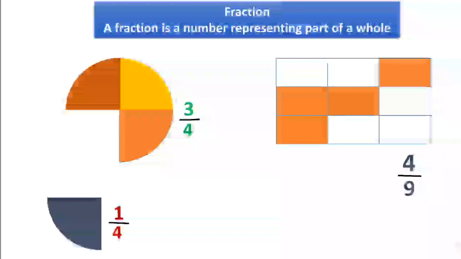This is a fraction. That is 4/9, total 9 parts. Out of these 9 parts, only 4 parts are shaded. That is 4/9. Next, we studied so many fractions: proper fractions, improper fractions, mixed fractions, like and unlike fractions, equivalent fractions. So many fractions we studied. Let's see the first one, proper fraction. Only 3 fractions we discuss here. First one is proper fraction. Let's see the 3 fractions.